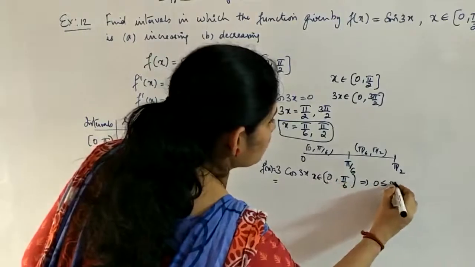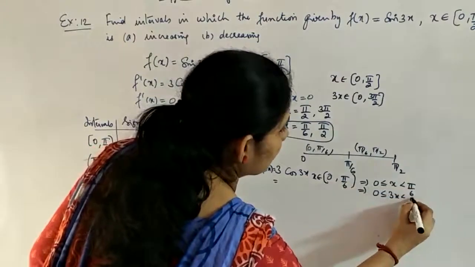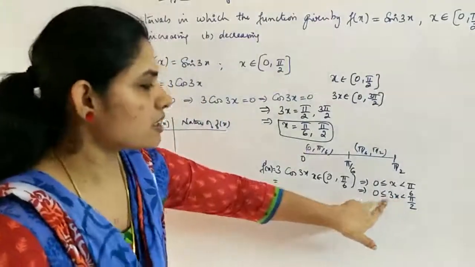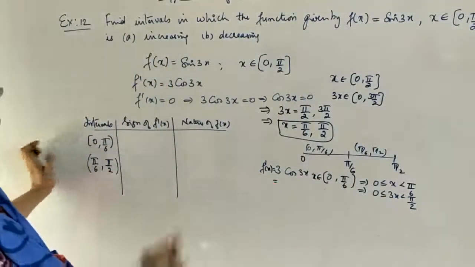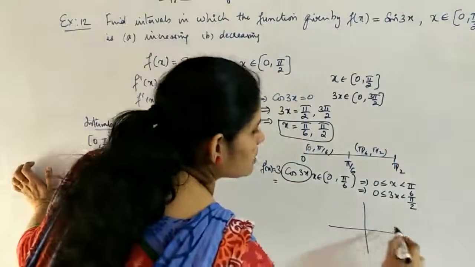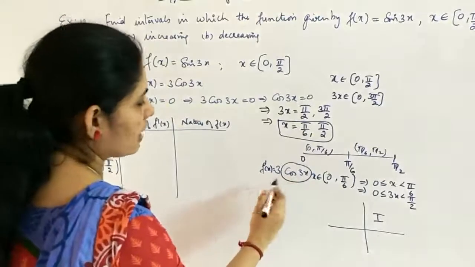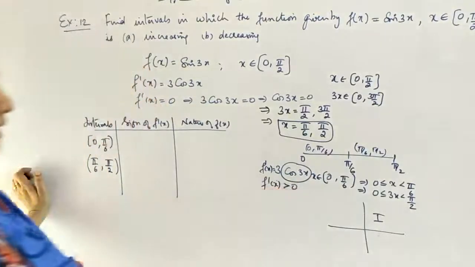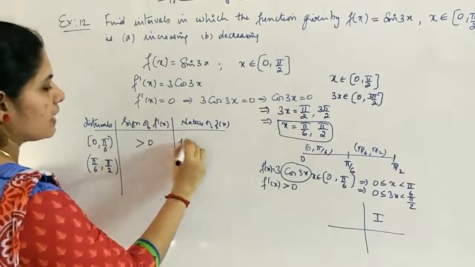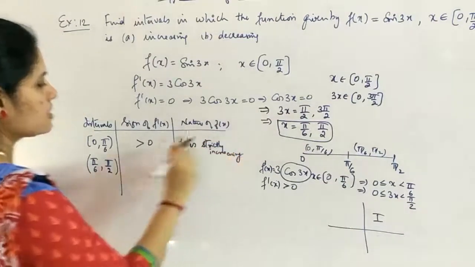So 0 less than or equal to x less than pi by 6, so you can say that 0 less than or equal to 3x less than pi by 6 into 3, which is pi by 2. So 3x is lying between 0 and pi by 2. So you can check whether in 0 to pi by 2 this cos value will give you positive or negative. When you see 0 to pi by 2, it is in the first quadrant and cos is positive in the first quadrant, so your f dash of x will be positive, that is, greater than 0. Therefore the nature which you will say is f is strictly increasing, since f dash of x is greater than 0.